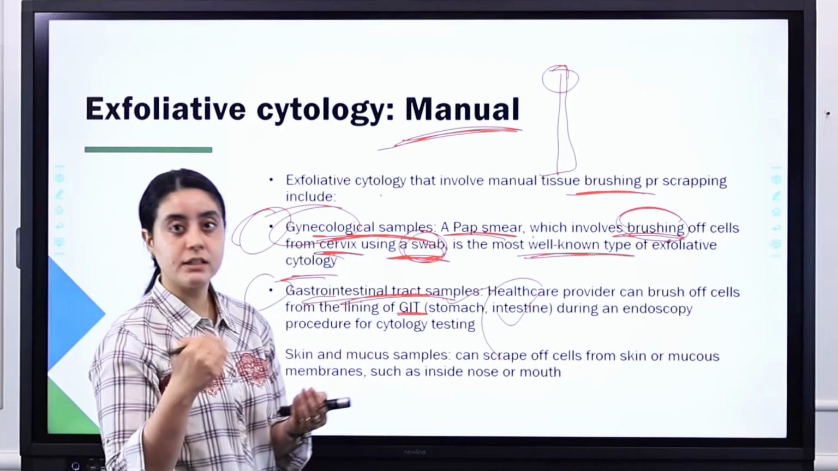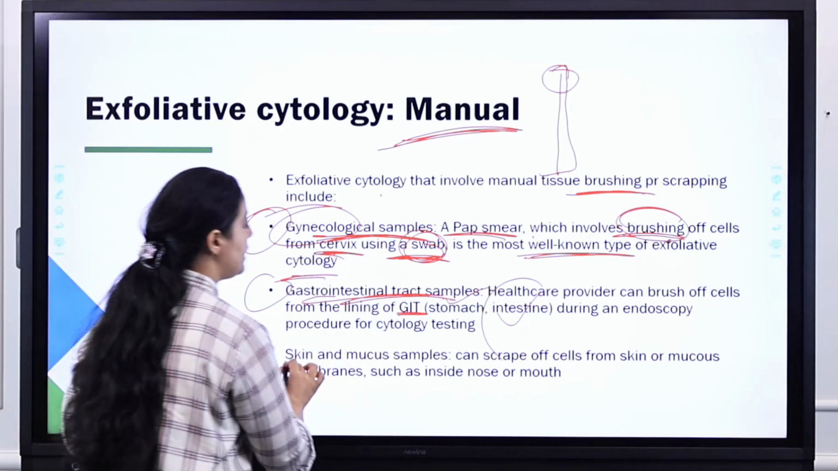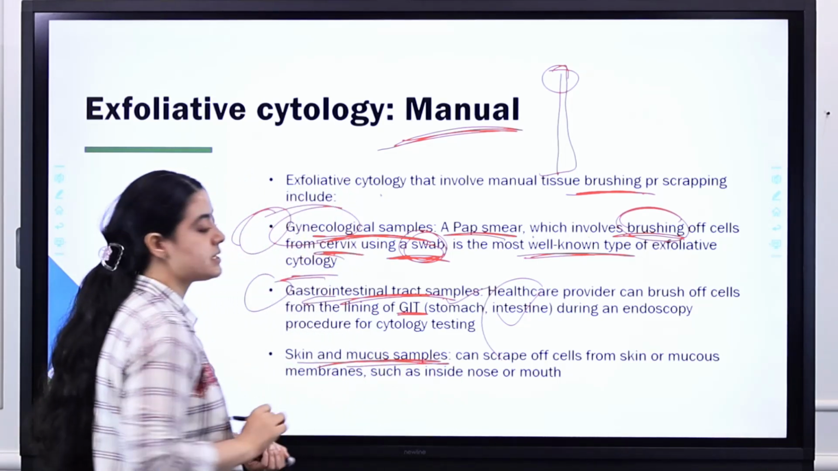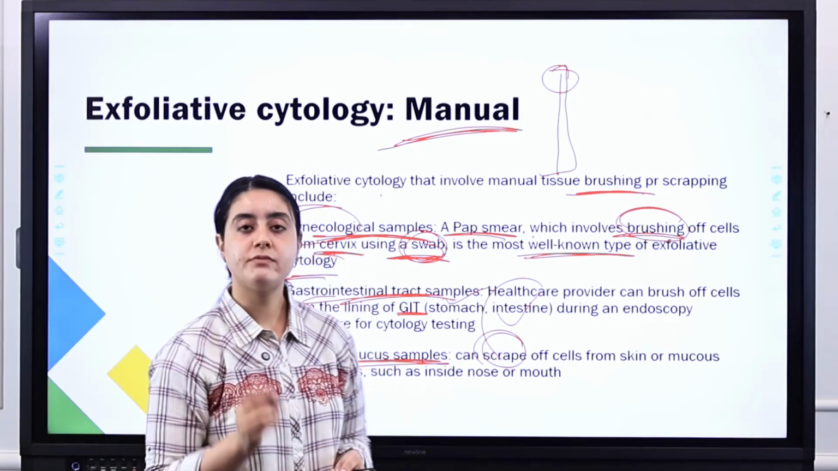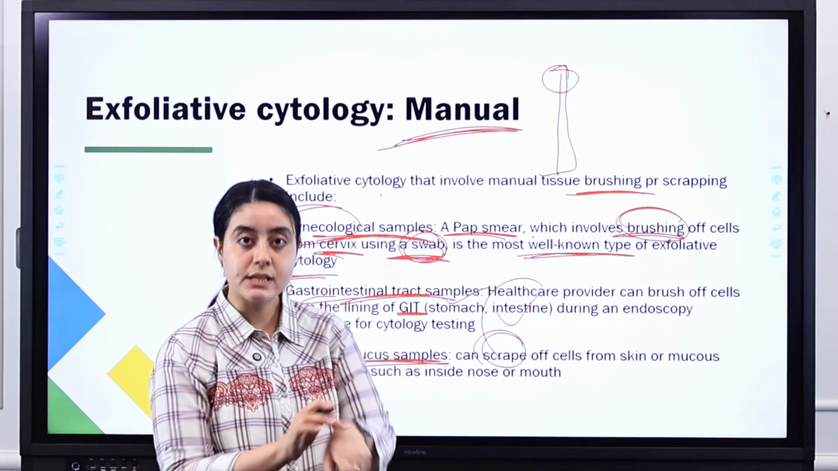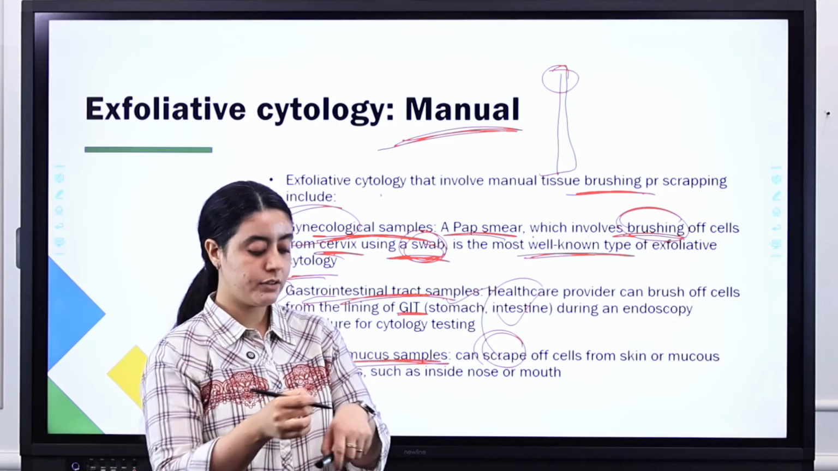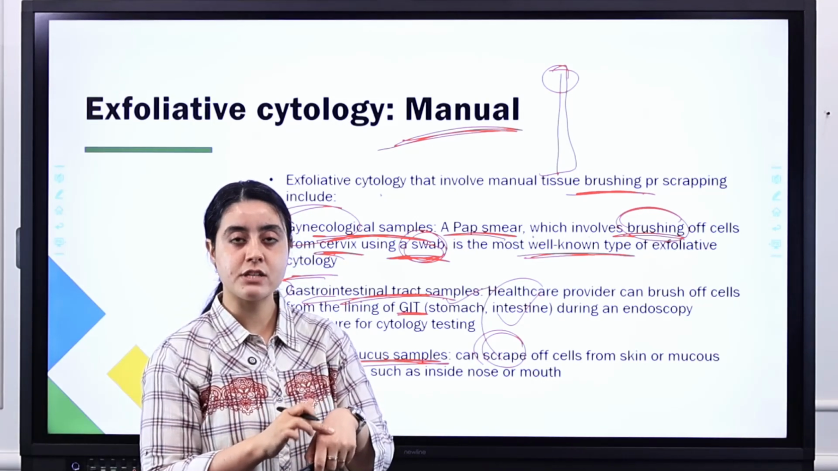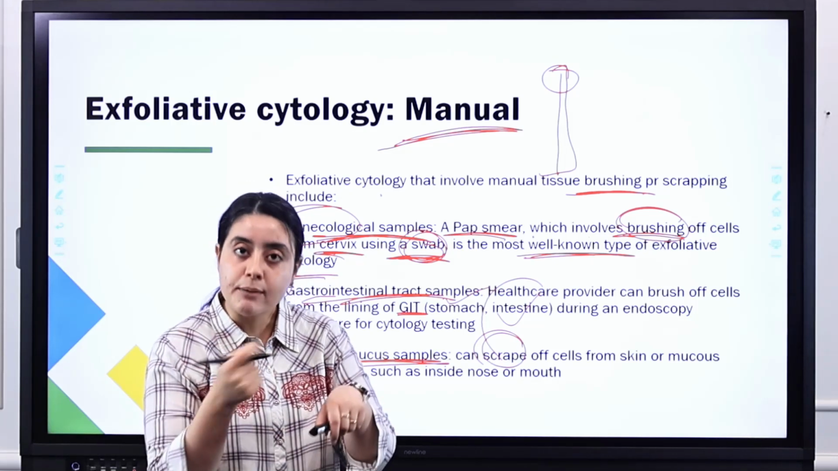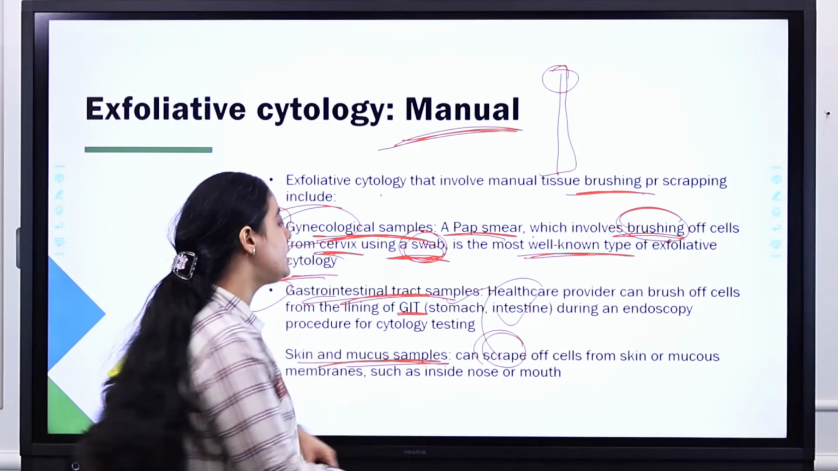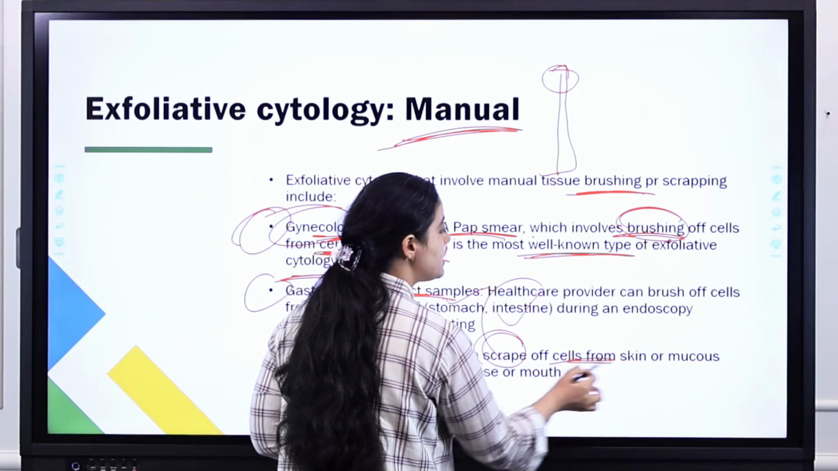Now what is the other method? We have skin and mucus samples. Here we can scrape off the cells. Of course, when you have to collect a sample from the skin layer, or there is any deformity you have seen and you have to take the sample from the skin, you have to scrape the skin with the help of a surgical blade. So you can scrape off the cells from the skin,